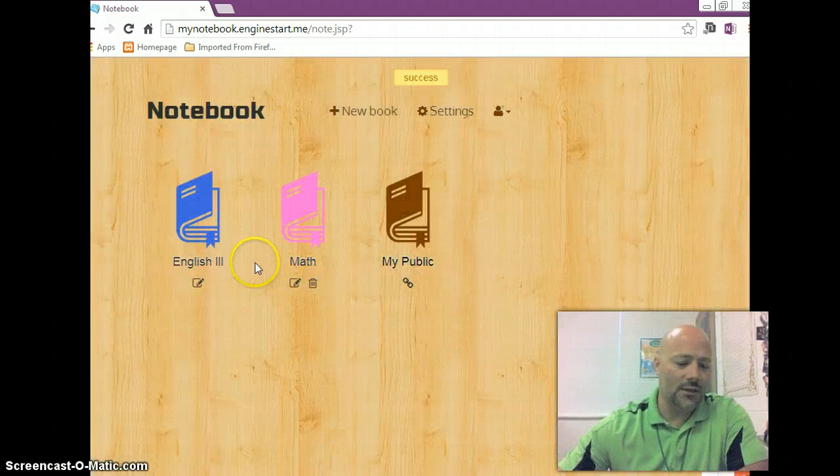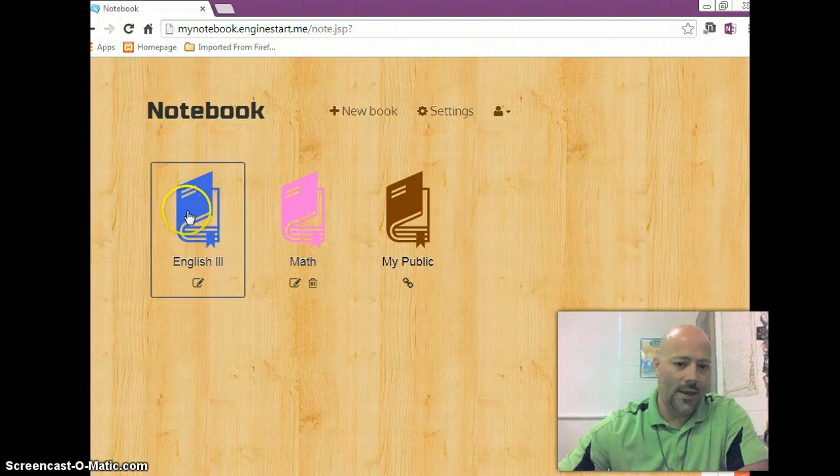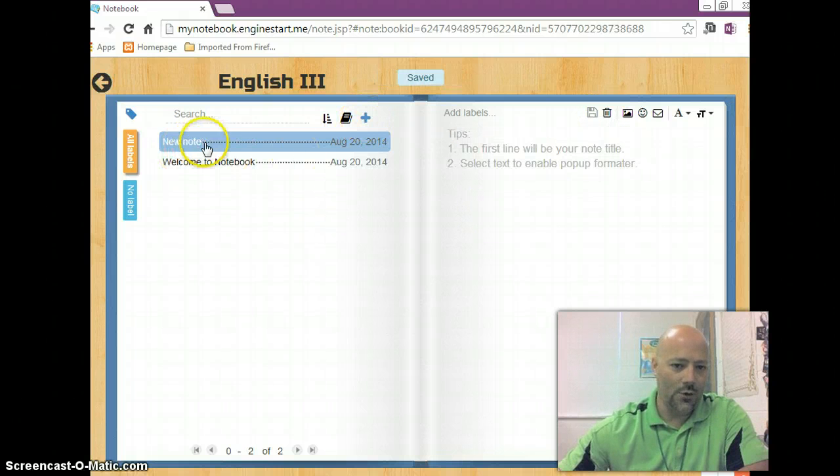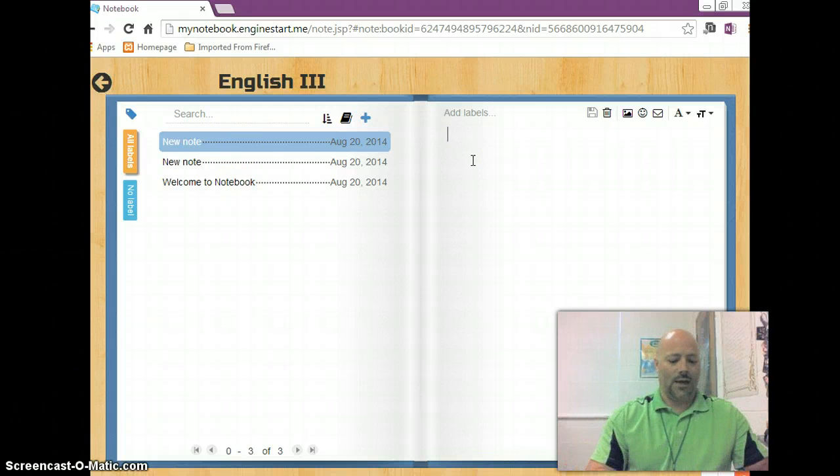As you can see, these things are always available to you, and they are subject related. So let's double click in, and the way it's set up is these are your labels that are available to you. This one here is your first label that's got stuff that you can add to. You can always delete it if you wish, or you can add a new one. If we hit the plus sign, we're creating a new note that would add to page 2. If you add another one, you can go to page 3, page 4, and these are the notes that you would be creating. So you could type over here,